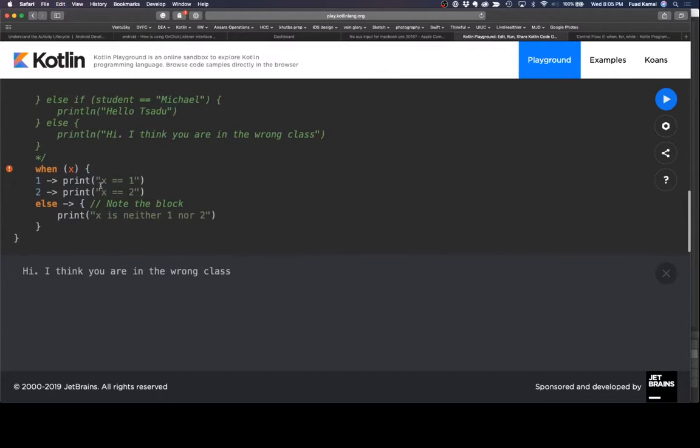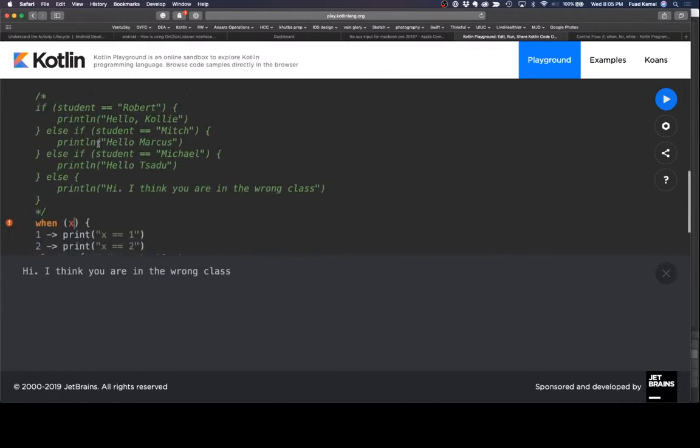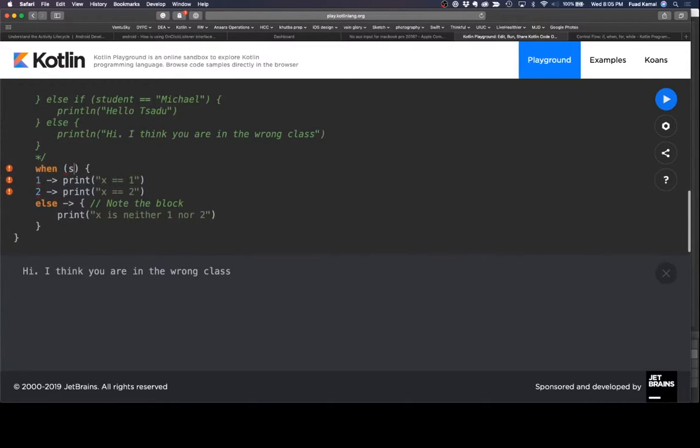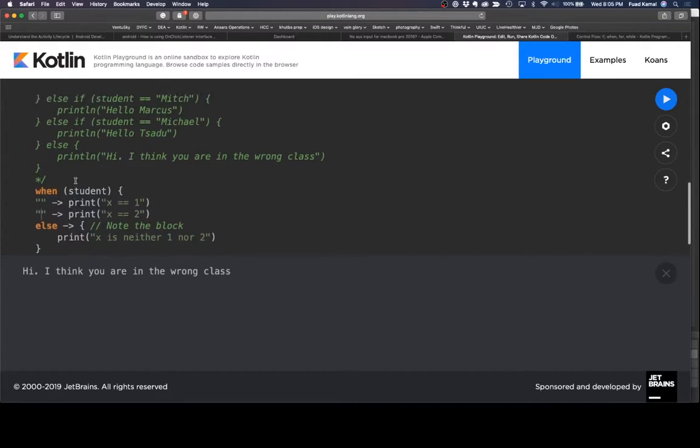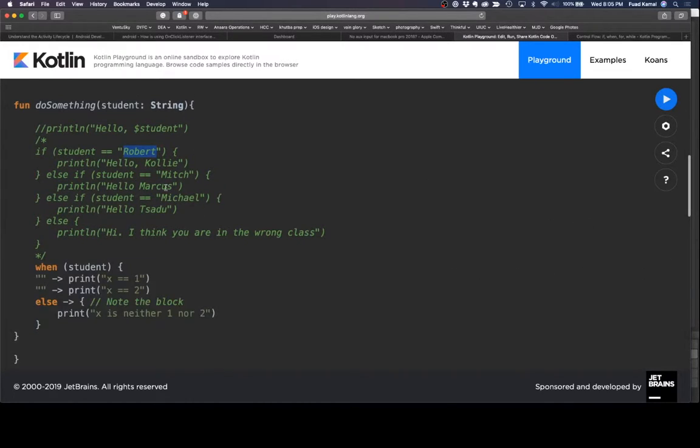Okay? So I don't know what X is. I say when and the student name, right? So when student. Okay? Now is student an int? No, it's a string, right? So let me replace this with a bunch of strings. So when the student is, let me close this so you can see more of my screen. There we go. So when it's Robert,